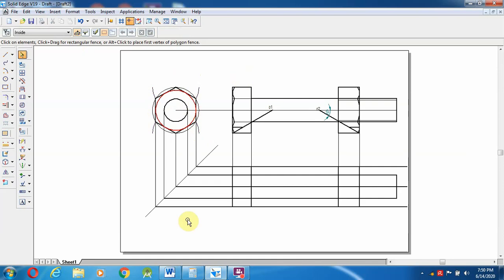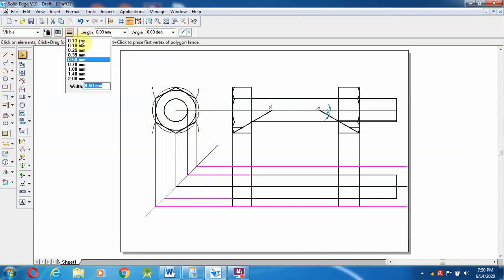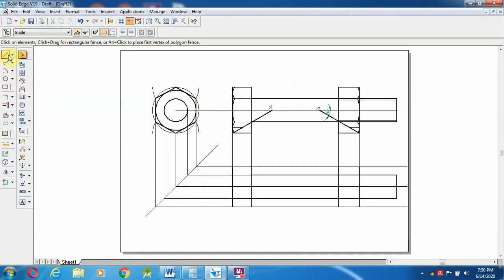So after creating this, now here whichever things, this one on this axis line I am going to do later. So 0.13 mm. Okay, now these are all the lines of bolt one. So I am going to join over here.